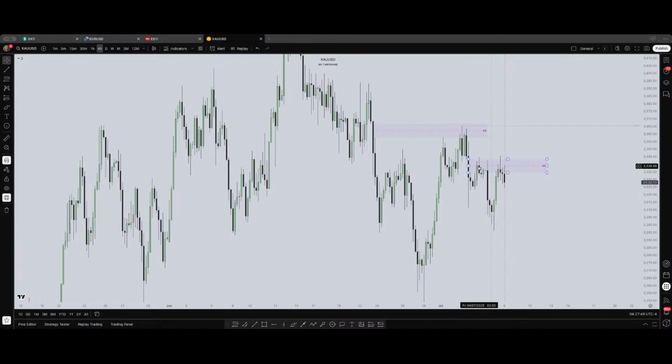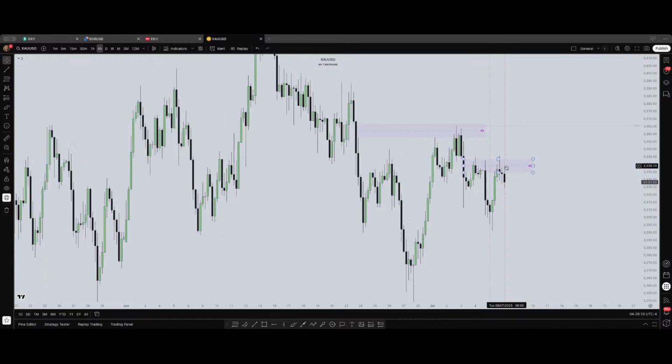Bodies are respecting the area, and the bodies are touching the middle here, and price reacted today at the midpoint. So that's nice, this is like a real resistance. The fair value gaps are imbalances. We have another fair value gap here,